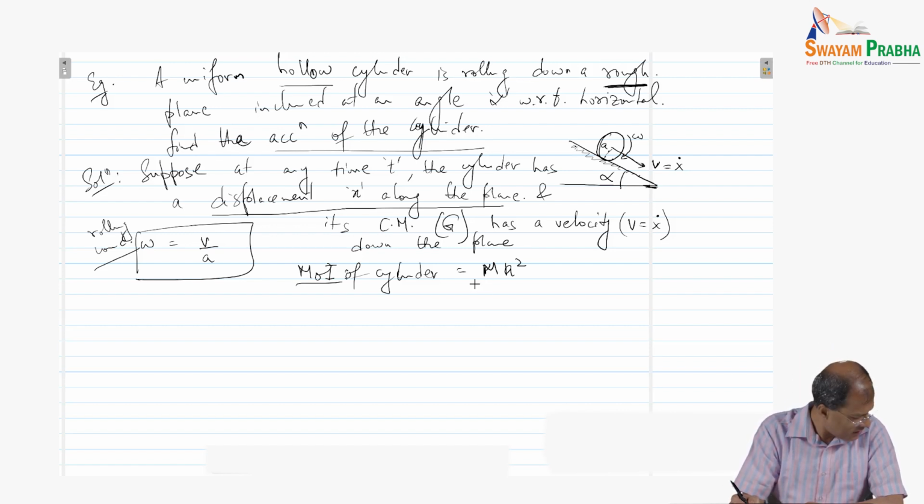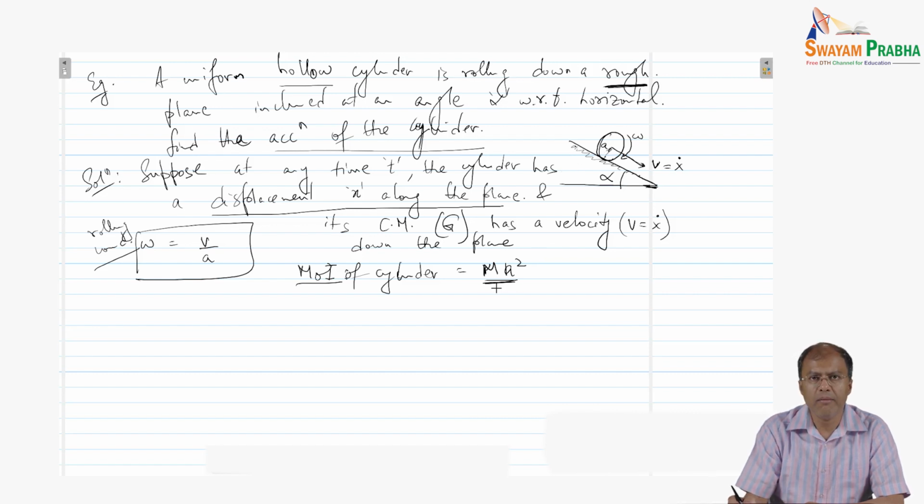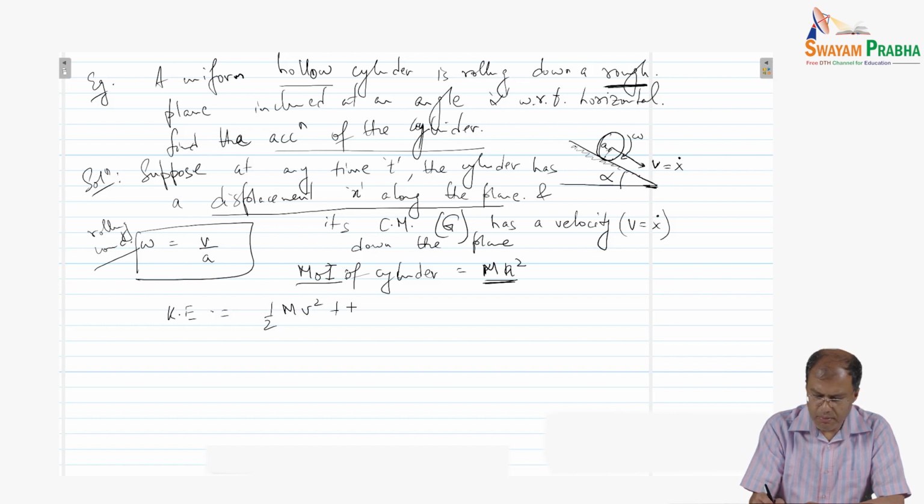But for the time being, let us just take it for granted that the moment of inertia of the cylinder about its central axis. What is the central axis? The axis about its center, right? And that is ma square. So now we can write the kinetic energy of the system, which is half mv square plus half I omega